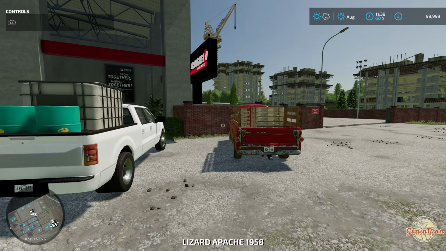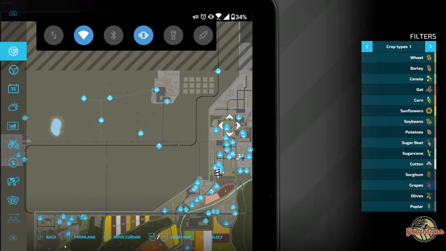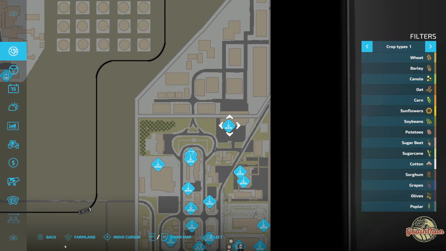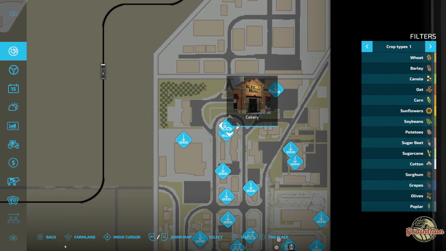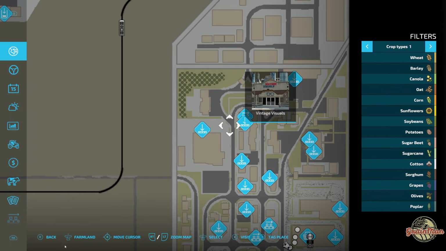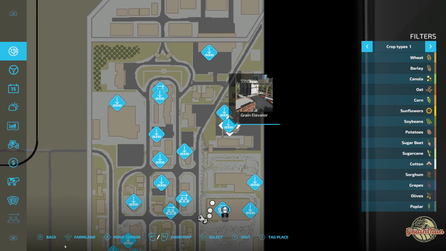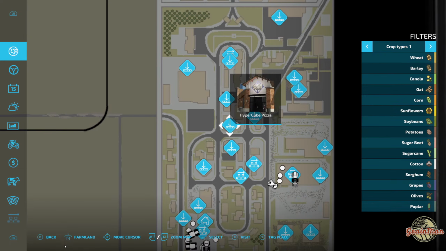So if we have a quick look at the map again, I think we're going to run through the map productions. They are quite a lot, so bear with me. Again, there'll be chapters on this, so if you want to skip through this section, feel free. So, city warehouse, bakery, vintage visuals, supermarket, construction site, grain elevator, fast food My Familia,